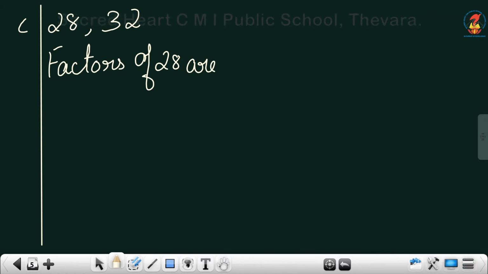Starting from 1 stable. Yes, come on, tell me children. 1 into 28 is 28. See, 28 is a bit bigger number like what you have done from the previous questions. So, you will put a little more bigger gap between the numbers because there will be more factors. Okay children, especially when it is even number, you will have more factors.